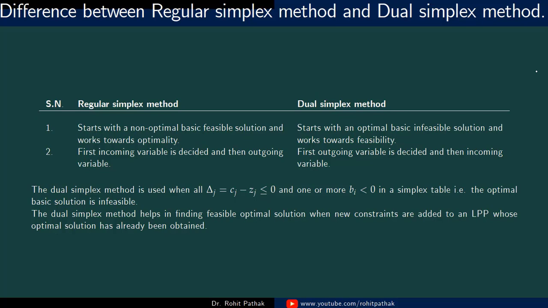So to remove infeasibility, we use the dual simplex method. In short, the dual simplex method removes the infeasibility in the solution and gives the feasible solution. It always starts with an optimal infeasible solution. So the starting point of the dual simplex method is an optimal infeasible solution.